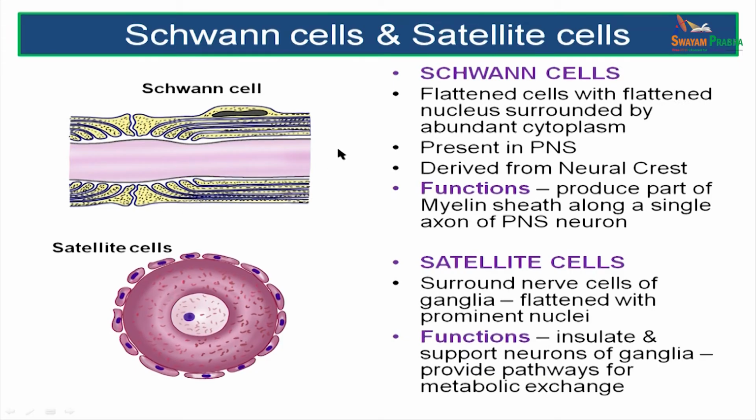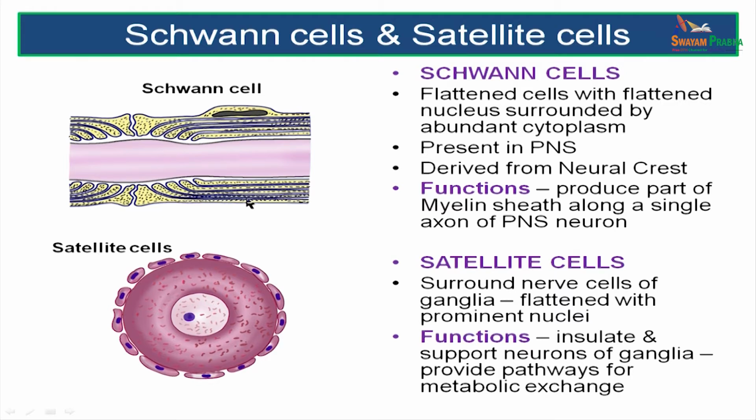We have now studied neuroglial cells in the central nervous system. Let's talk about neuroglial cells in the peripheral nervous system. We mentioned 2 types, Schwann cells and satellite cells. The Schwann cells are the special cells which produce myelin sheaths around the axons in the peripheral nervous system. So, you can see here the Schwann cell forming layers of myelin sheaths around an axon, and that is the nucleus of the Schwann cell.